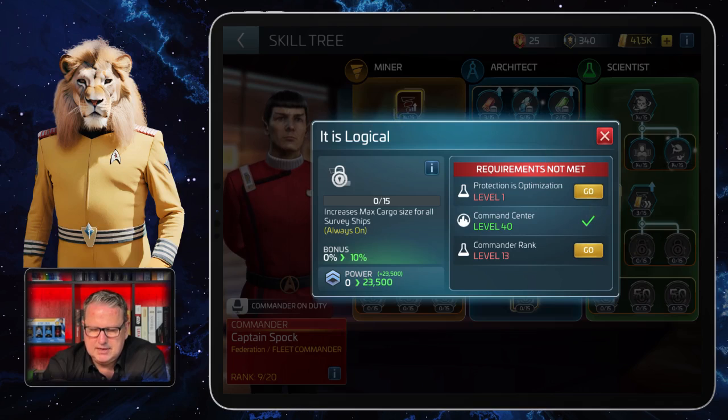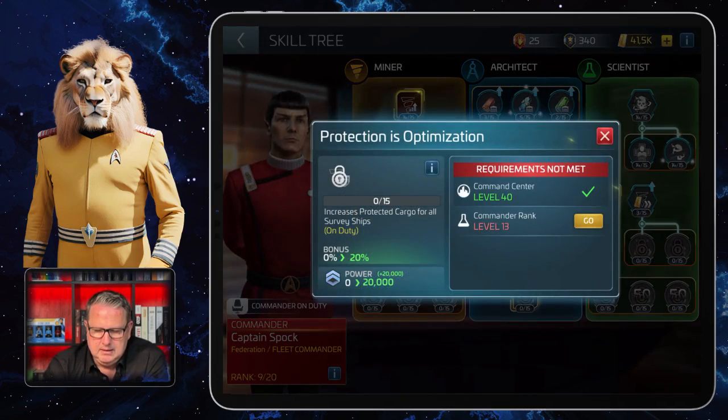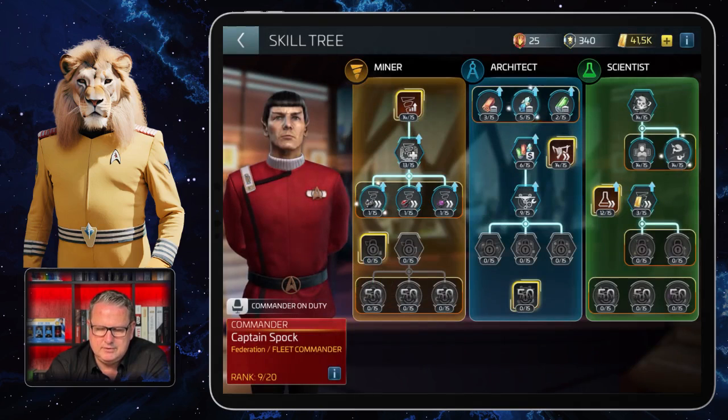And that needs protectionist optimization. That's another one of those. And commander rank level 13. And I said I have Spock only on 9. Because it needs protectionist optimization, that's the on-duty one next to it, increases protected cargo for all survey ships. I don't have this one yet because it also requires commander level 13, and I have to do this first